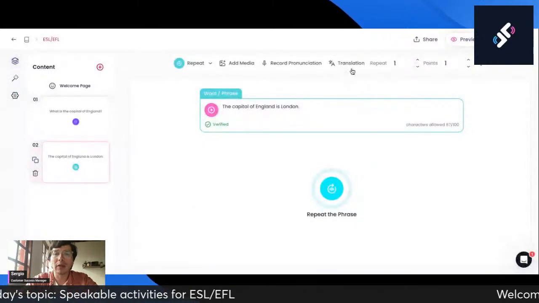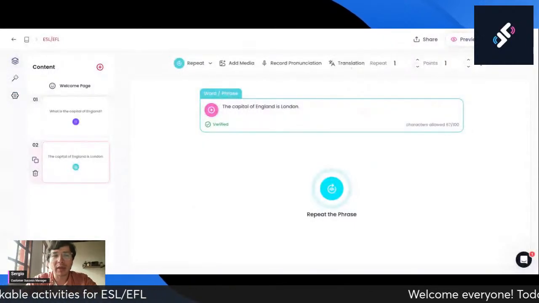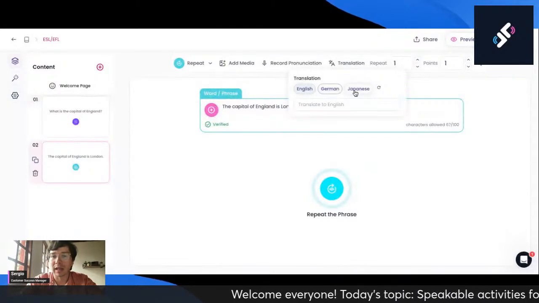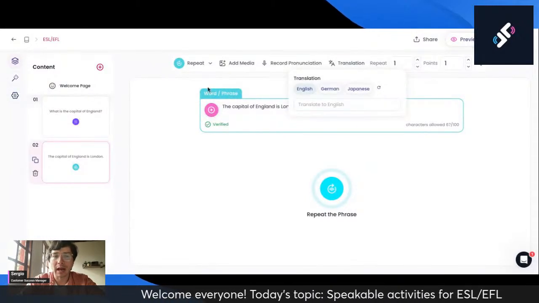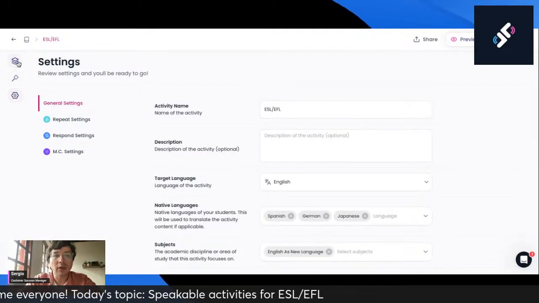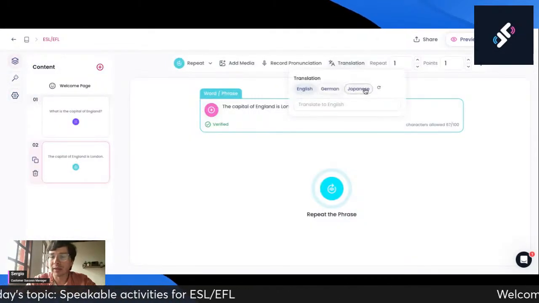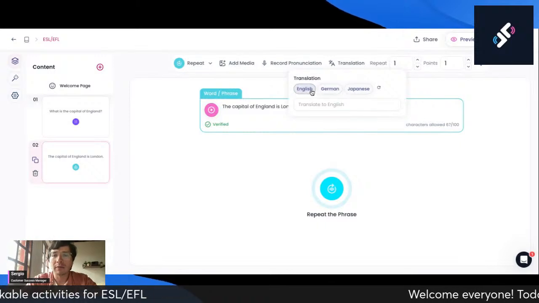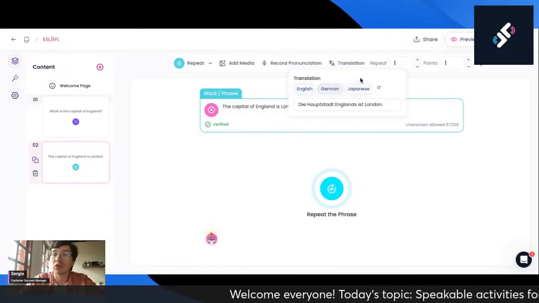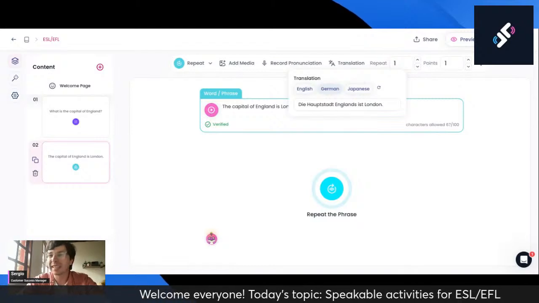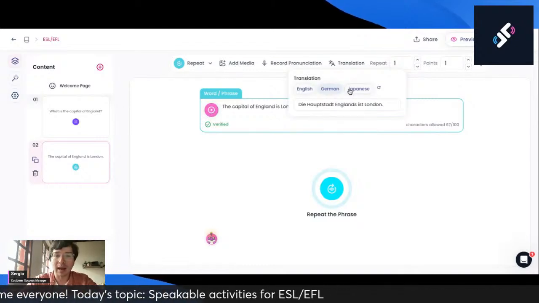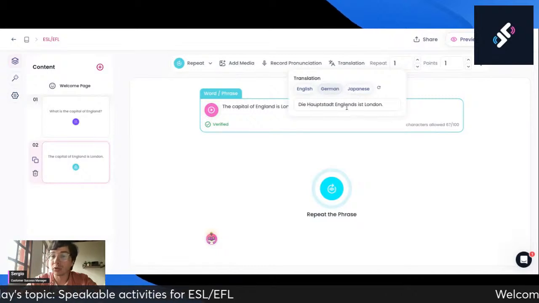But here's where the settings come into play. Remember that I said my students speak these languages. Then you can tweak them here, right? So this is one way where we can add the translation. For example, if I click on this, nothing happens, of course, but if I click on German, German is pre-selected as one of the languages that my students speak, so I can add that translation